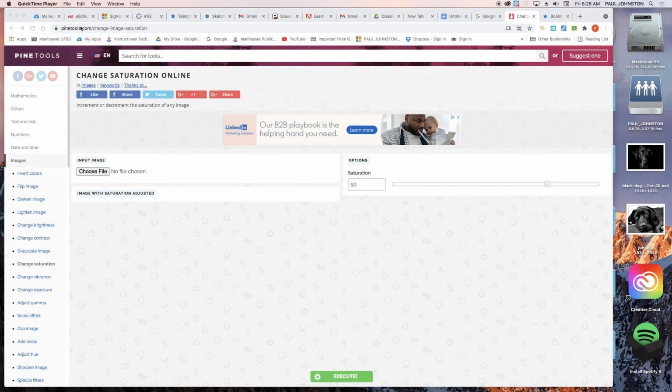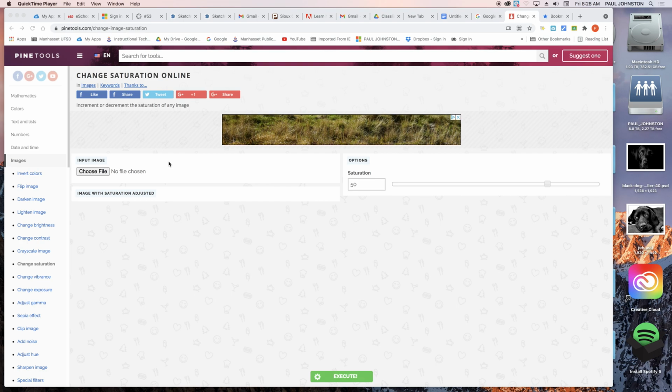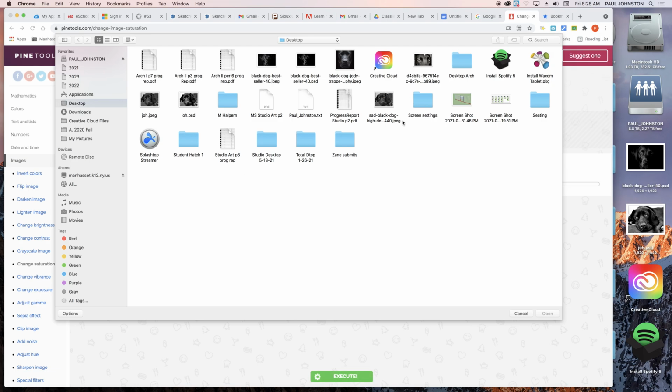You go to pinetools.com, or the link that's on the website, or the link in the Google document, which is actually this one: pinetools.com/change-image-saturation. We can remove the color. So I'm going to say choose the file, get my image, I'll grab this one,